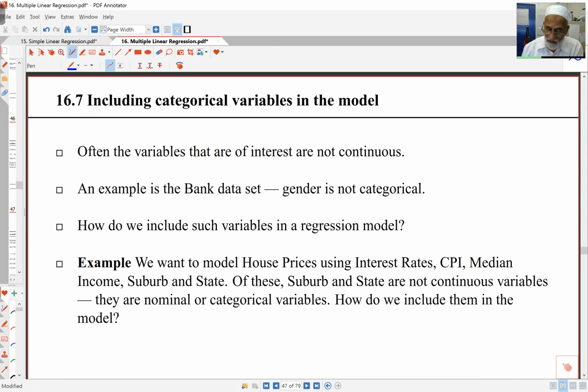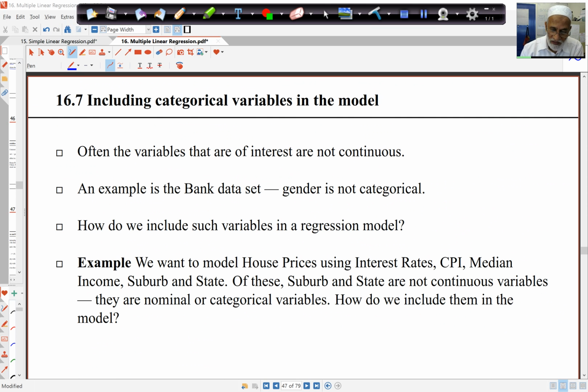Next idea is, so far we looked at only continuous variables for x's and y's. What about including categorical variables as well? Well, that's the